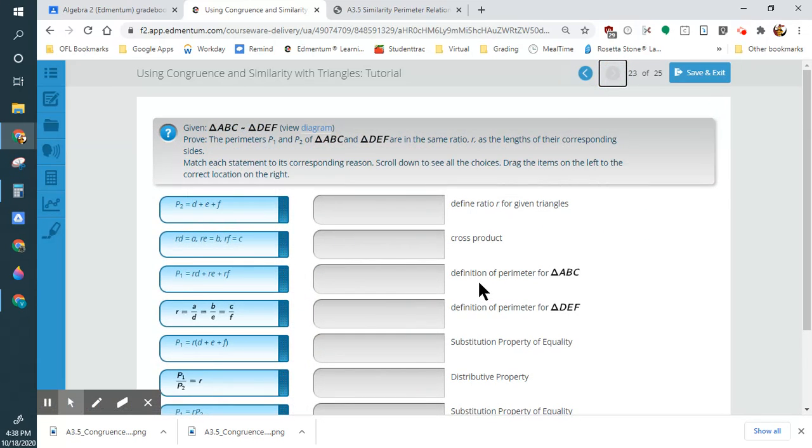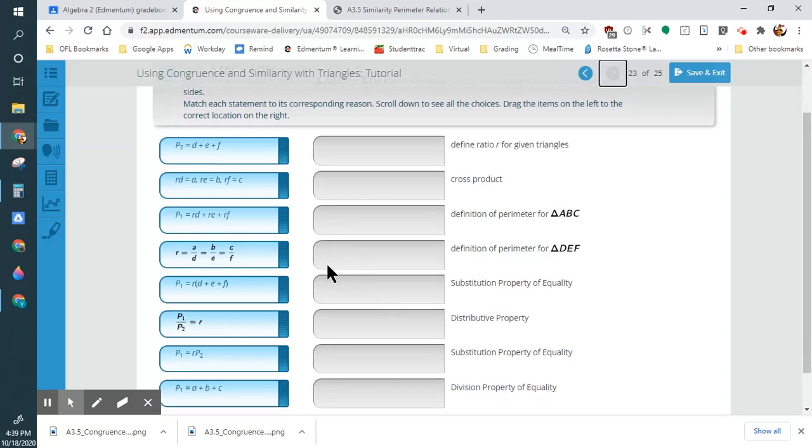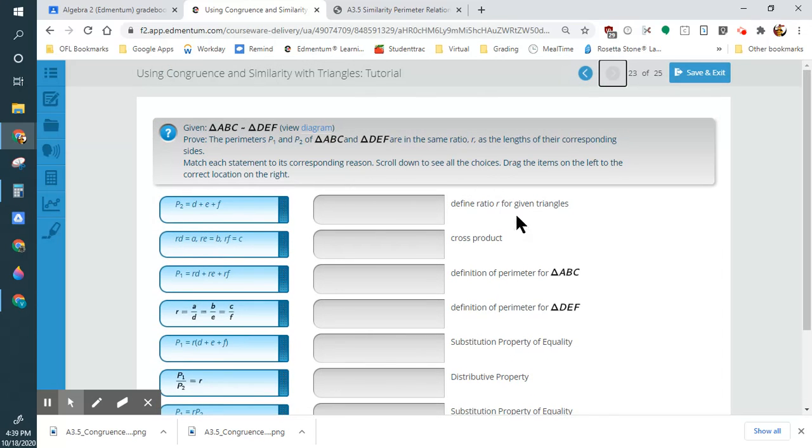All right, so they want us to do a proof. Notice that they didn't do this with the area one. They're only doing this with the perimeter because it's a lot harder to do. So let's think of it this way: find the ratio R of the triangle. So given